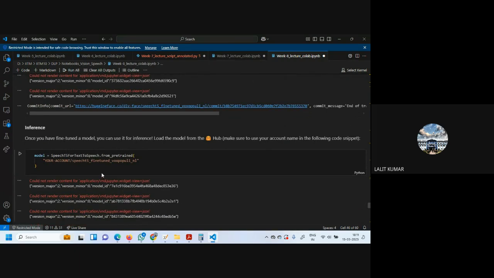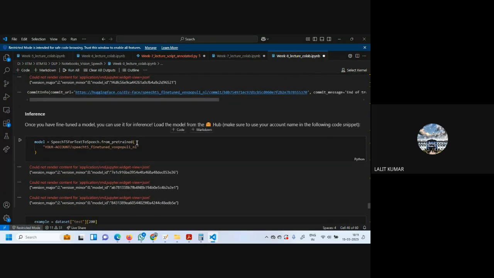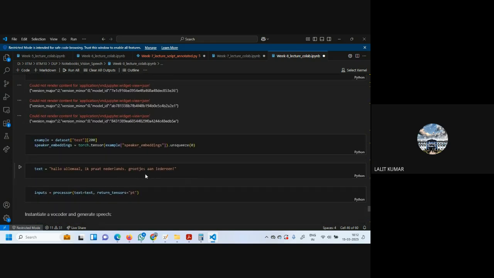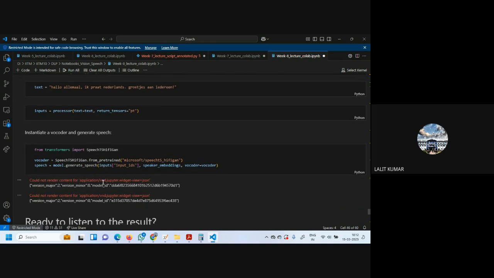In inference, you will pass a text and load the model from your hub, and then you pass some text, for example this one, and it will generate.